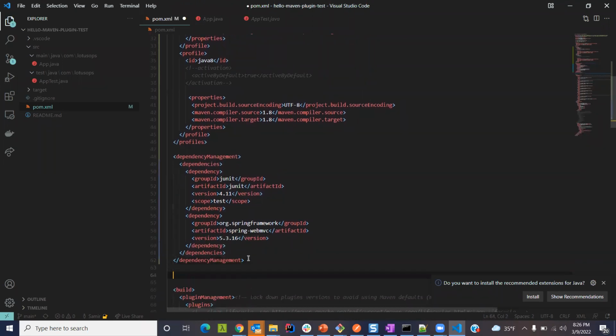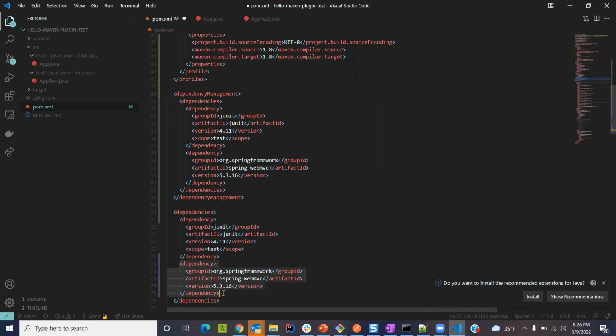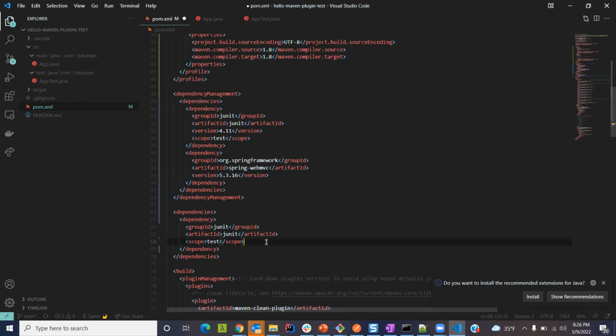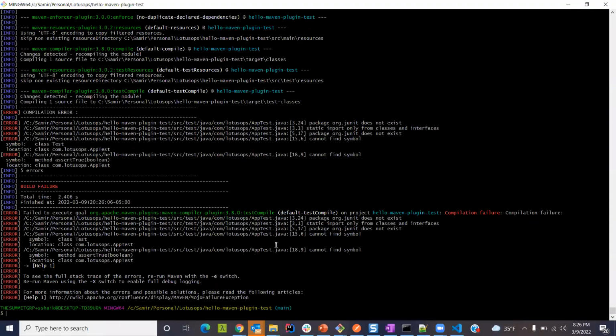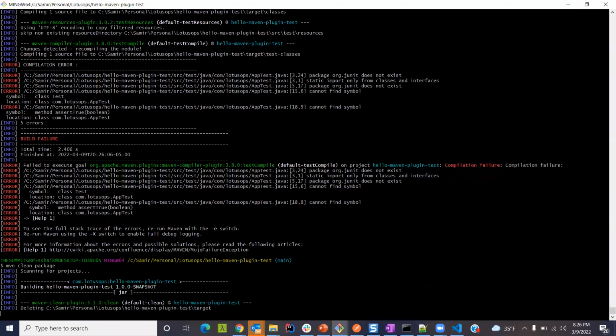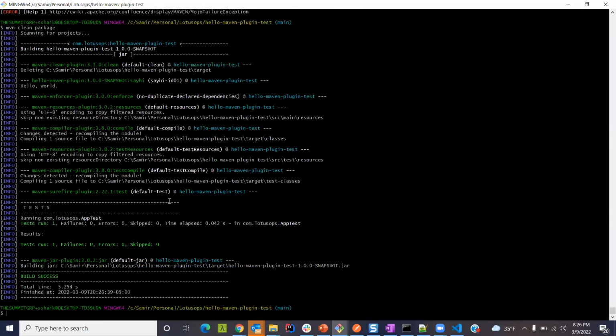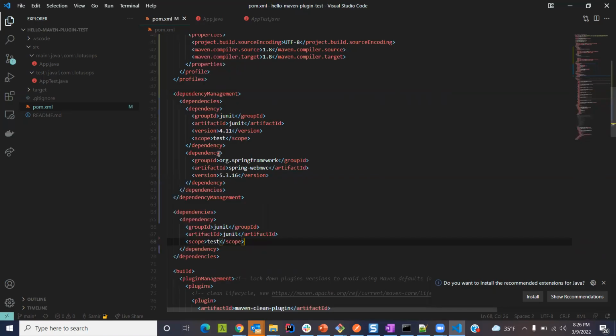The reason it's not running is, and see something that I'm doing very, very important, okay? I'm getting rid of the version number over here. Now, if I go and run it, it works. Notice it brought nothing of Spring over here, okay? Although Spring is defined over here, it didn't bring anything. And I had intentionally done this because dependency management is like a library, okay? You can add n number of dependencies over here, and whatever you need from it, that's what you use in